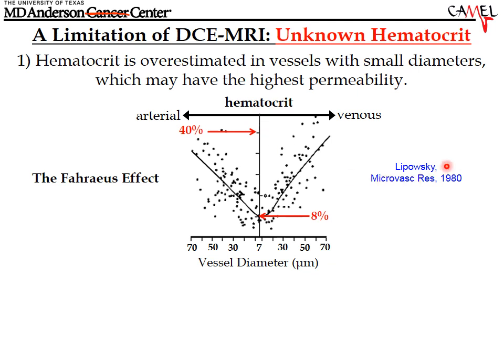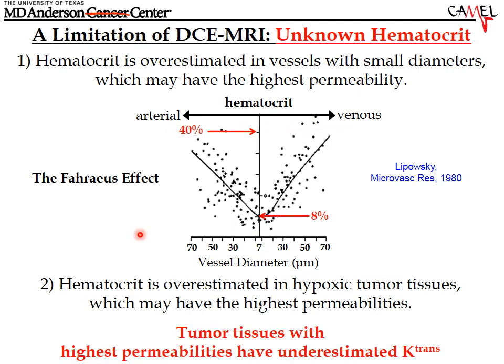And we know through careful measurements done in 1980 and also by Fahraeus back in the 1920s, for which this effect is named, that the hematocrit can fall down to as low as 8 to 10% within very tiny blood vessels that are on the order of 10 to 7 microns in diameter, the smallest capillaries within the tumor. So we are overestimating our hematocrit if we assume that all blood vessels are like large arteries and veins within a tumor. And that causes some overestimation of